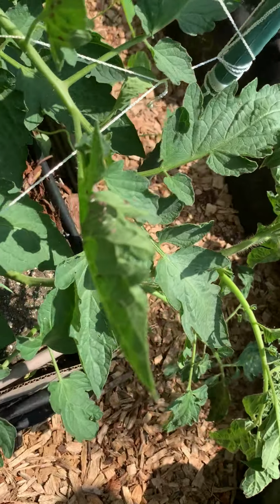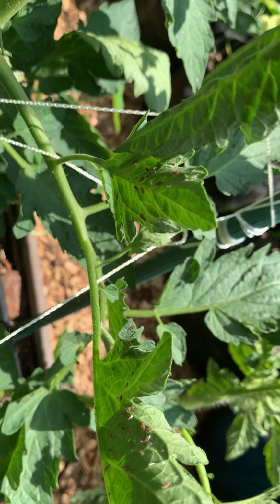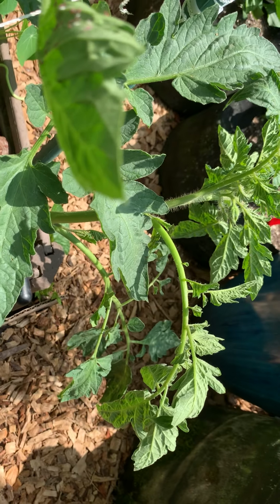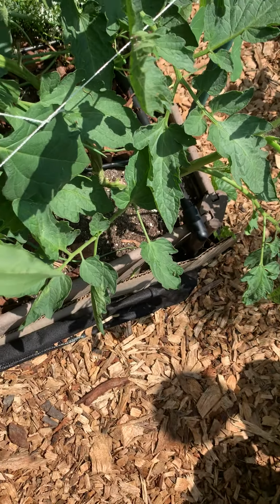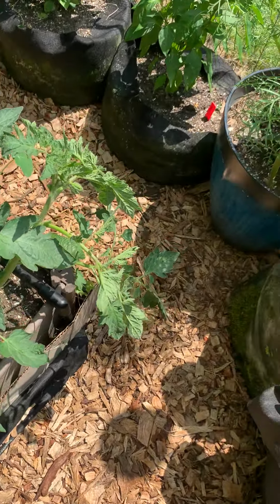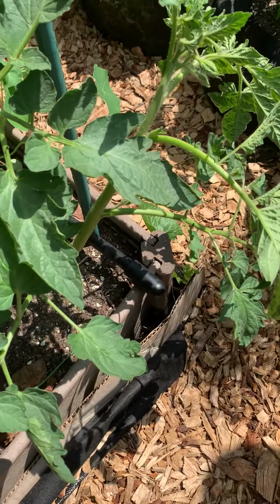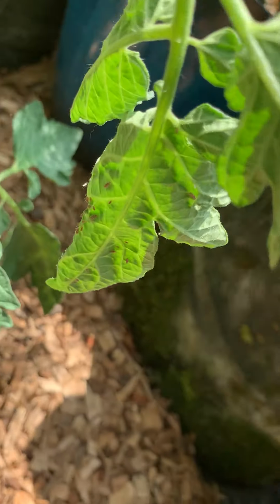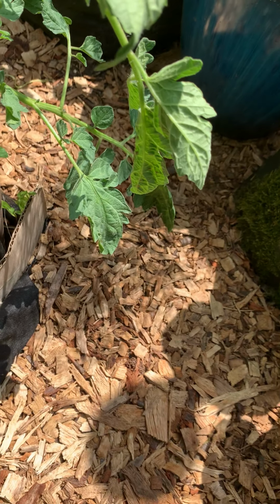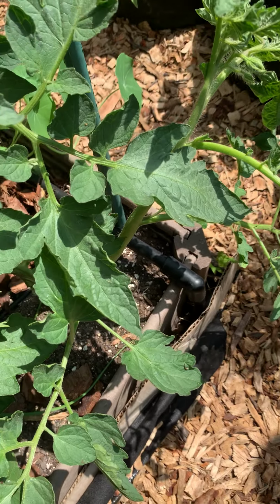Look at this, the aphids. They're all over. So that's why I ordered the bugs. I've never seen aphids, and I have the green and red aphids. I've never seen them this heavily populated, this densely populated. And I keep washing them off, and I've sprayed, and they just keep coming back. And the ants are ridiculous because of it. So anyway,